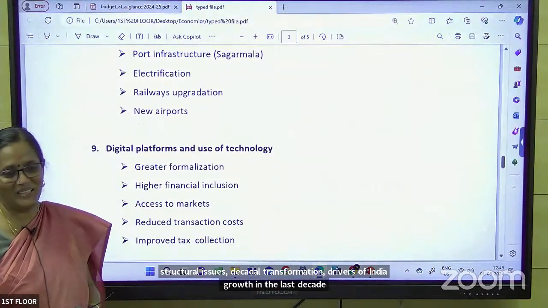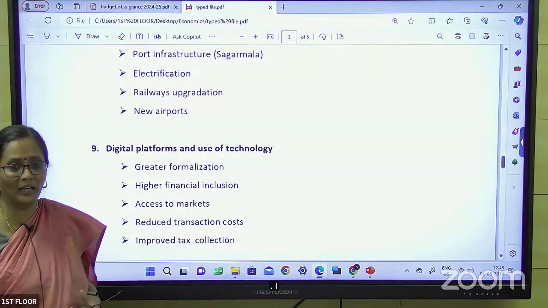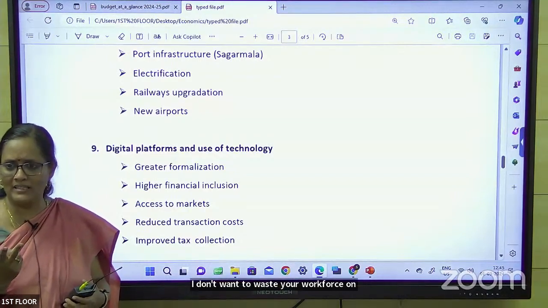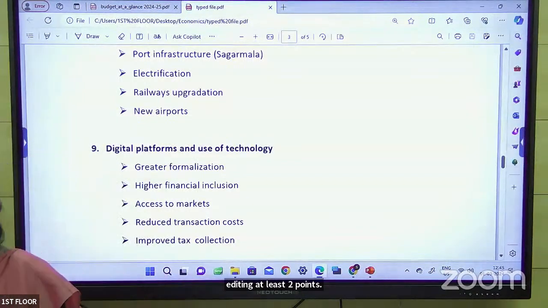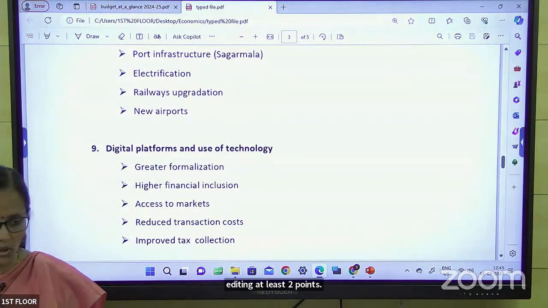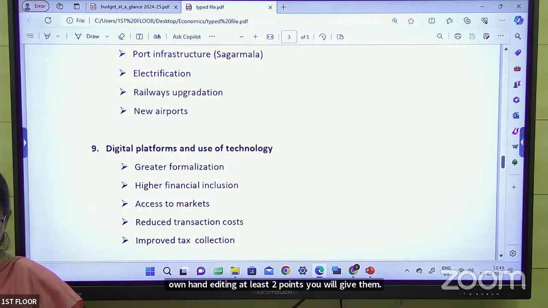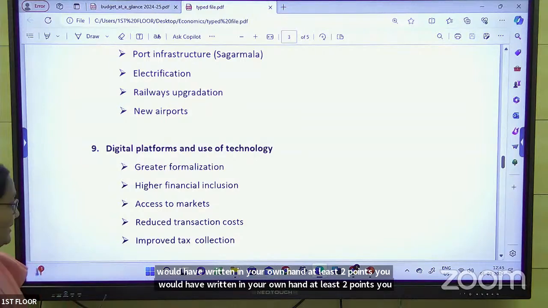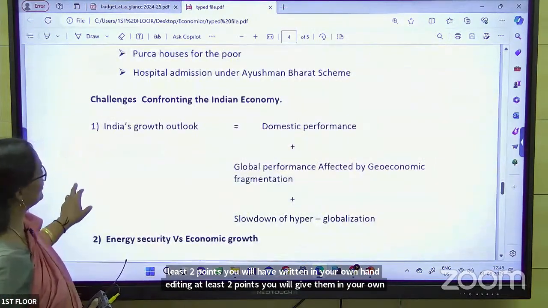I don't want to waste your workforce and efficiency. You would have written in your own handwriting at least 2 points you will remember for the mains, right? If I had just run through like this, you would browse and nothing will sync at times. So we have made some efforts in 20 minutes to understand. This will augment definitely. Skill India. So we have up to challenges